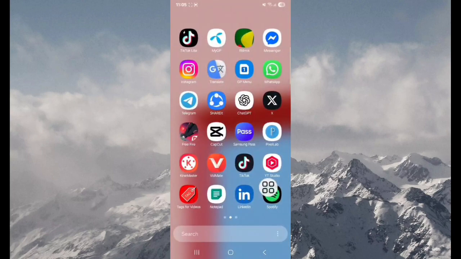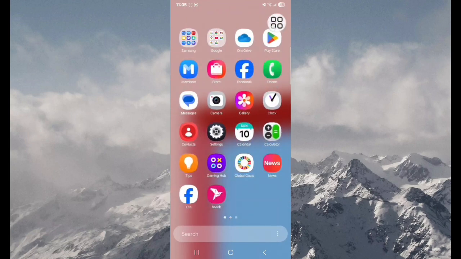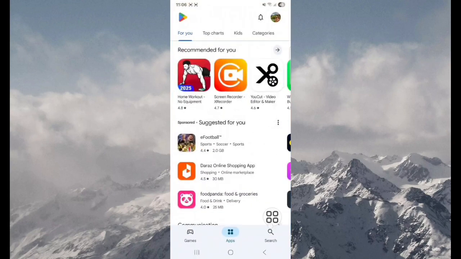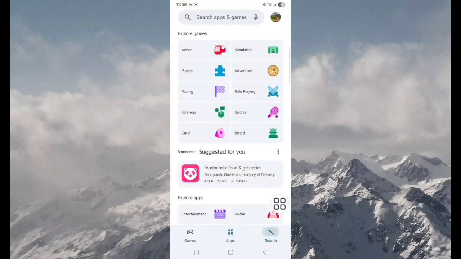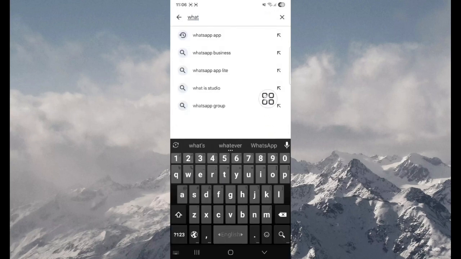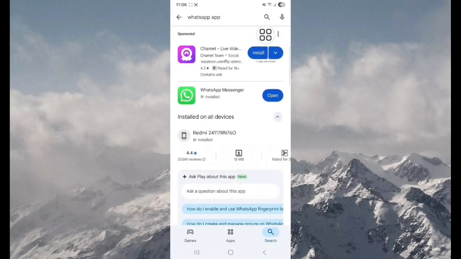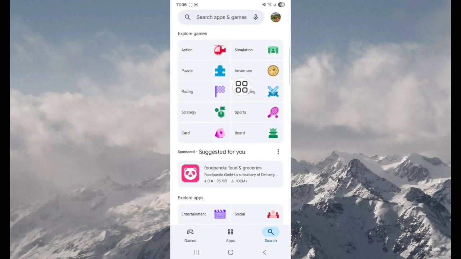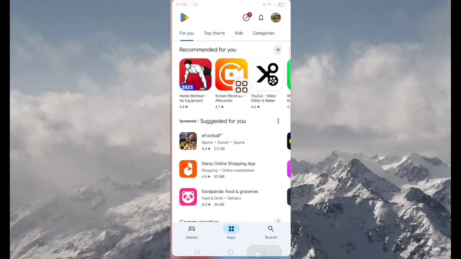Okay, go back to your home and you can see the Play Store. Tap on the Play Store app and search here WhatsApp. Tap on this app. Your WhatsApp app is already updated. Okay, go back to your home